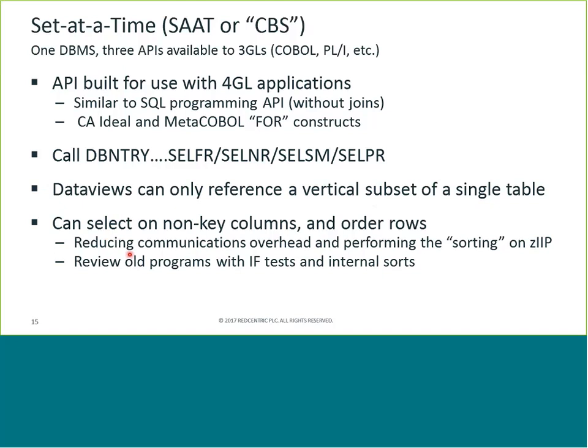It can select on non-key columns, so that reduces the communication overhead because we're not retrieving rows that we can now satisfy with the where. And now the sorting and that selection is done by the multi-user on the zip, so that's better. That's a lot better. If you have old programs, we've seen quite a few of these where they did some tuning. They found out that Datacom back in the 1980s wasn't performing very well for this particular for construct, and so